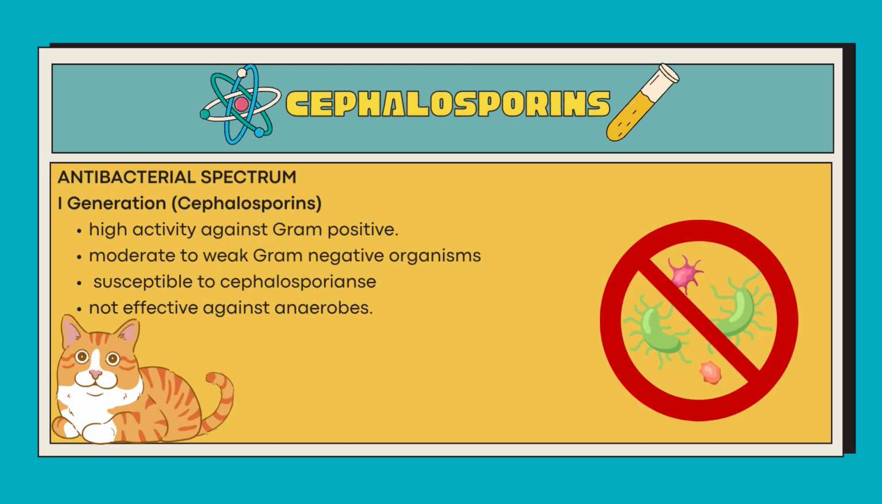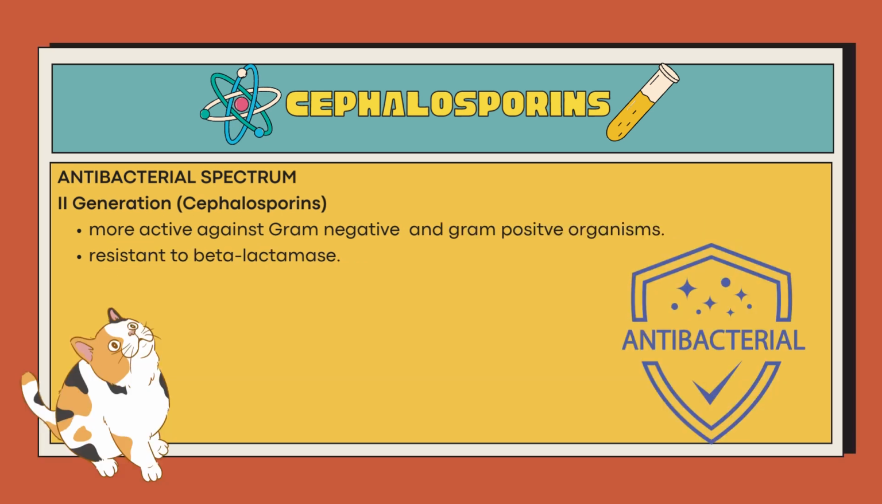Now we move on to the antibacterial spectrum of cephalosporins. To start, here is the first generation. Cephalosporins have high activity against gram-positive but only moderate to weaker activity against gram-negative organisms, are relatively susceptible to cephalosporinase and are not effective against anaerobes. Moving on to the second generation, cephalosporins are more active against gram-negative and gram-positive organisms and are relatively resistant to